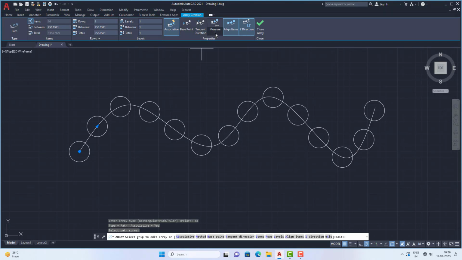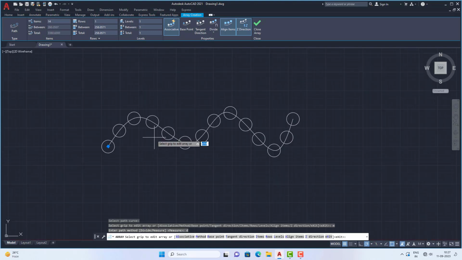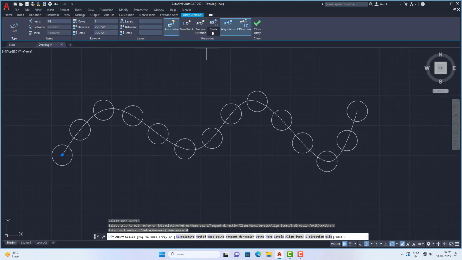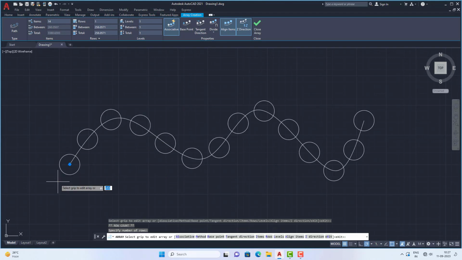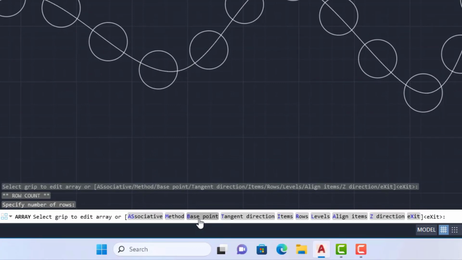See, all these options we can use somewhat. First, it is default in associative mode, no need to use this again. This is known as associative mode, and now there is a method pilot into some items. You can also change this base point. See how it is changing. Now there is an option of base point. So base point is similar to rectangular and polar array, so you can change the base point, and you can change this tangent direction. Type T and press enter,